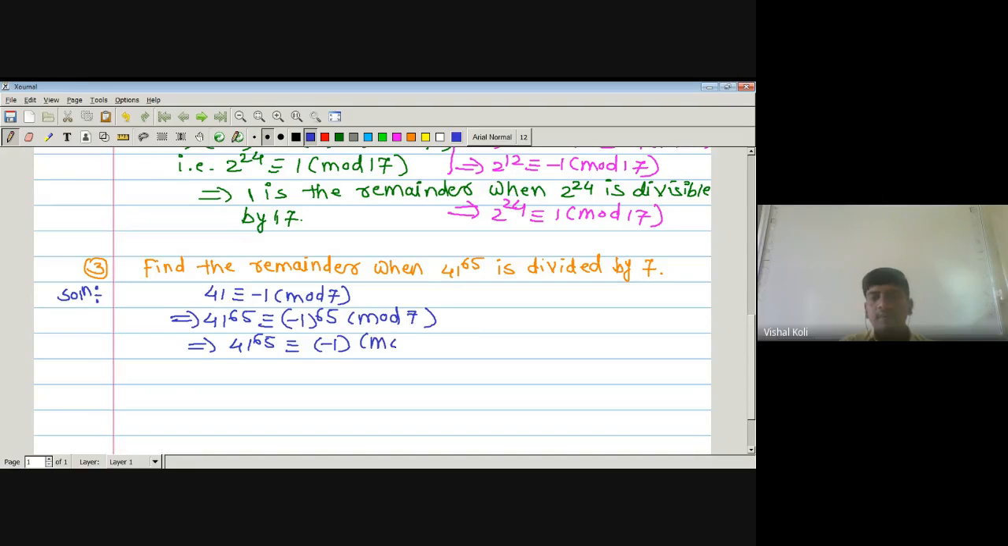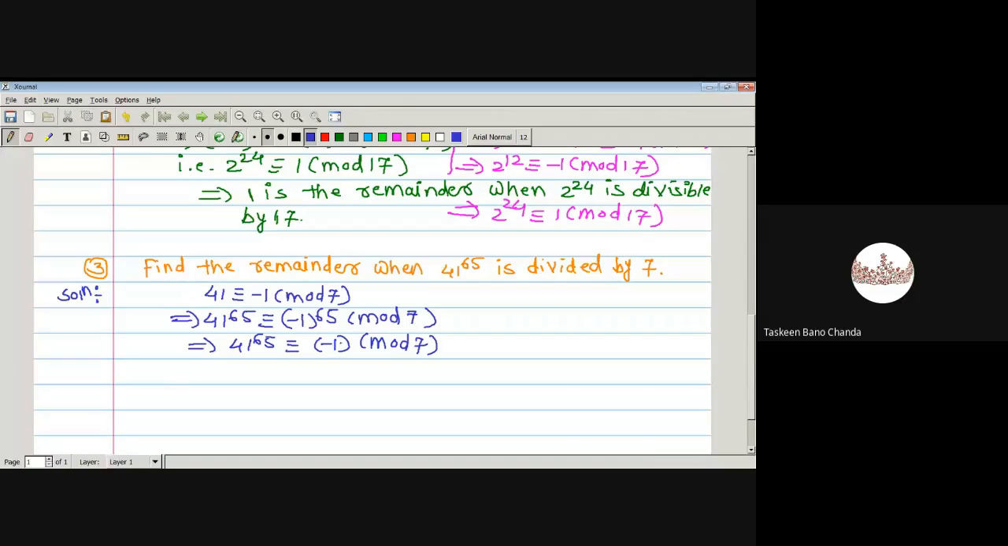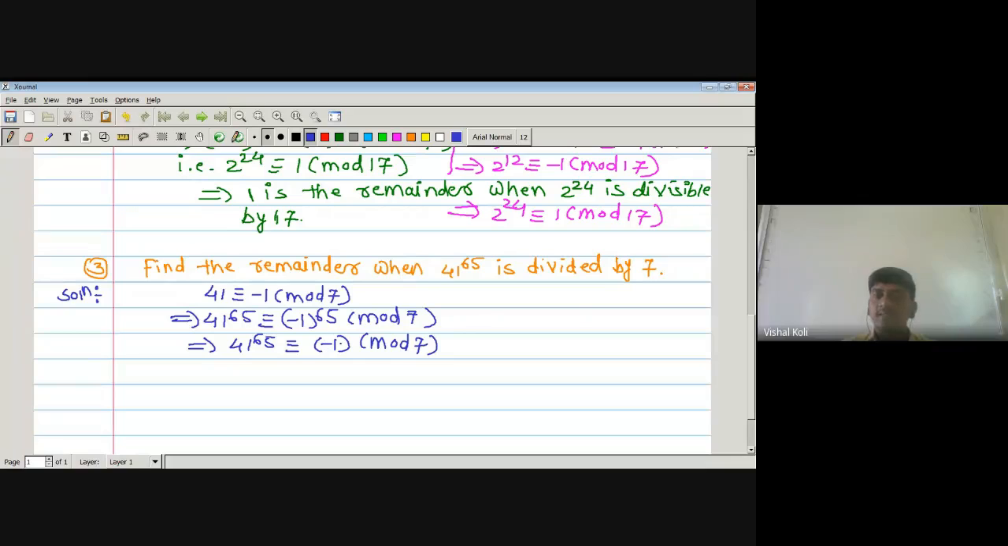modulo 7. But we know that whether it is possible that the remainder is negative. No, sir. Then -1 is nothing but then